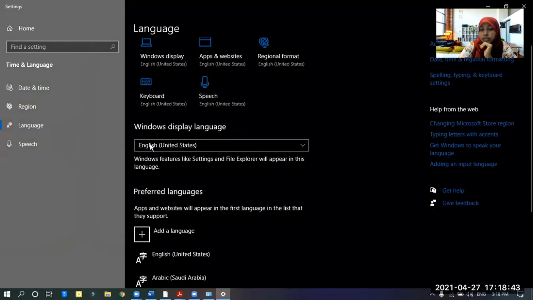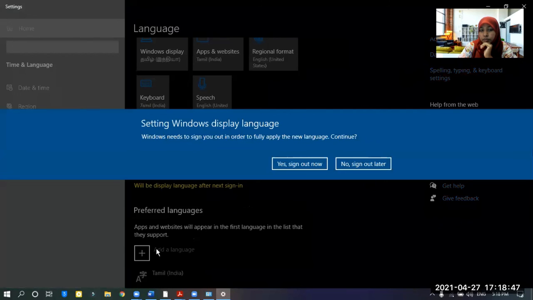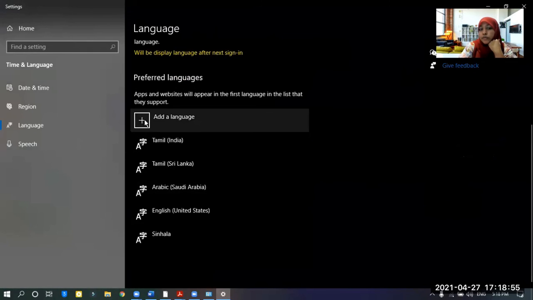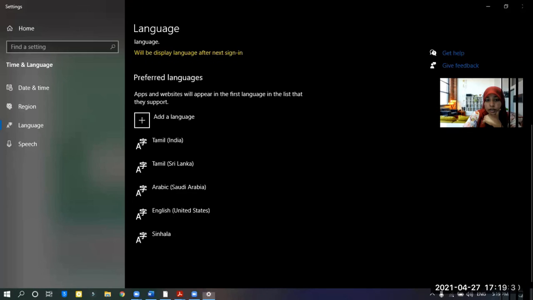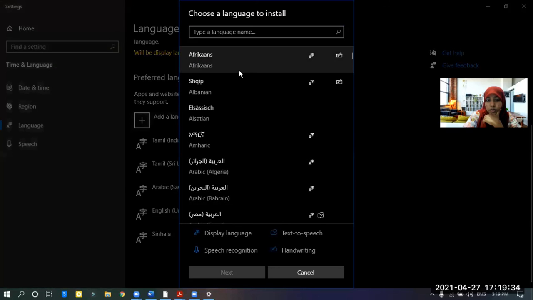In languages, you can add languages here. See? So here you can add languages. If you go to add a language, you can add the languages. Understood? Here, there are a lot of languages here. See?